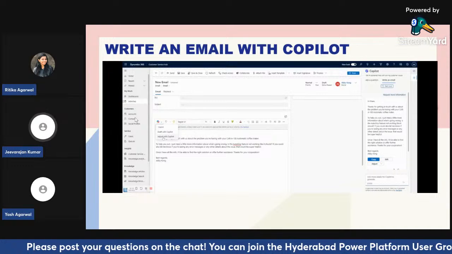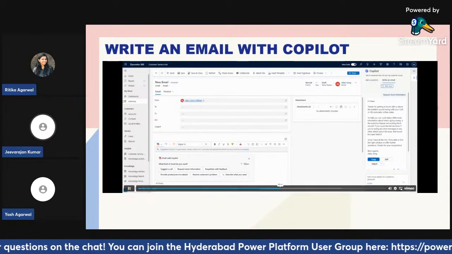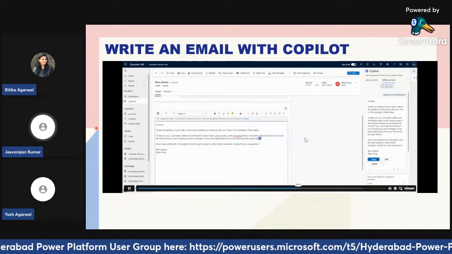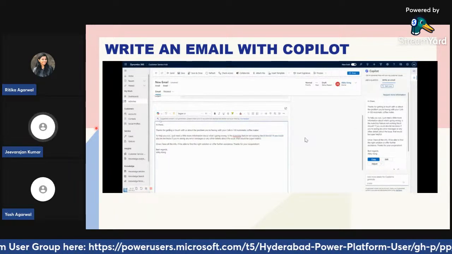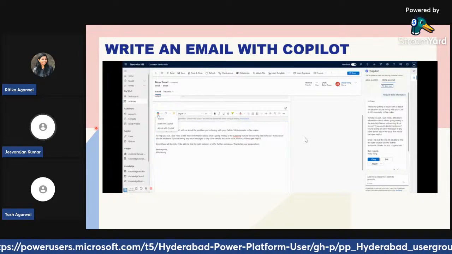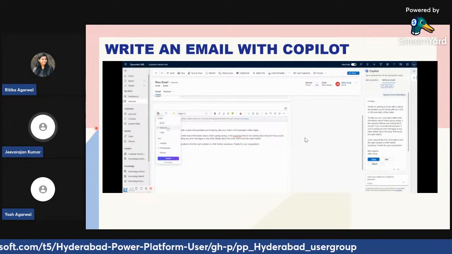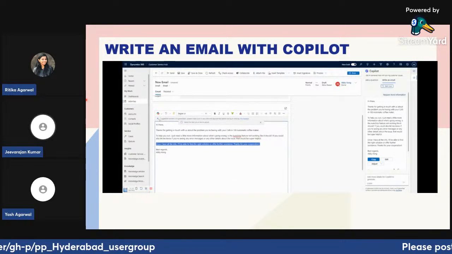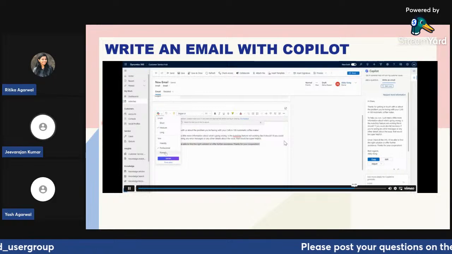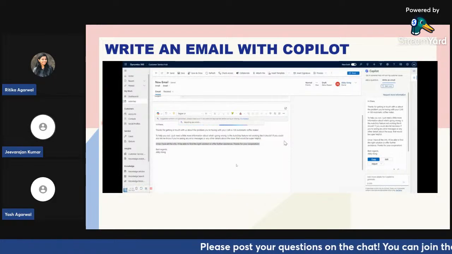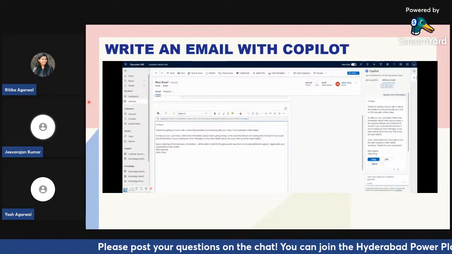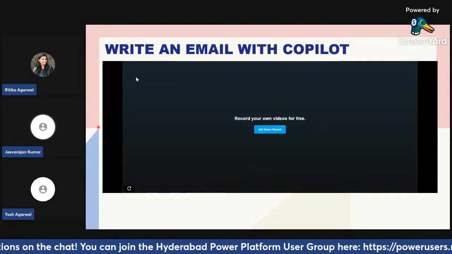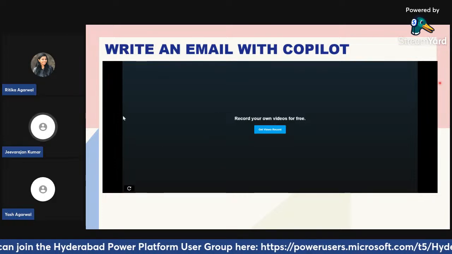Or you can see that there I can just use the draft with Copilot, which means it just asks the same question instead of the sidecar. It just asks the options or the questions inside the email composing window, and there I can leverage it as well, or I can tweak it. I can adjust it with the Copilot to change the tone to make it more friendly, more professional or more formal. In that way, the tone of the content changes, and it regenerates the content, and then that can be sent via the email.